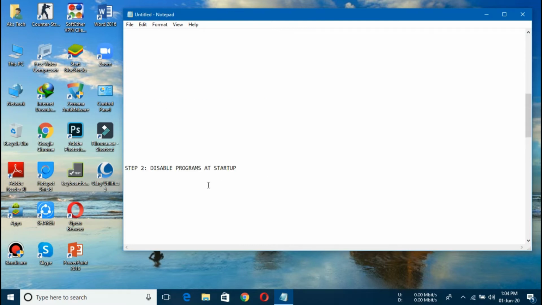Step 2 is to disable programs at startup. What is startup? Startup is basically the time during which your Windows boots up, the Windows logo appears, and your computer just starts. Actually, there are many programs that start up during the time your Windows is being started.